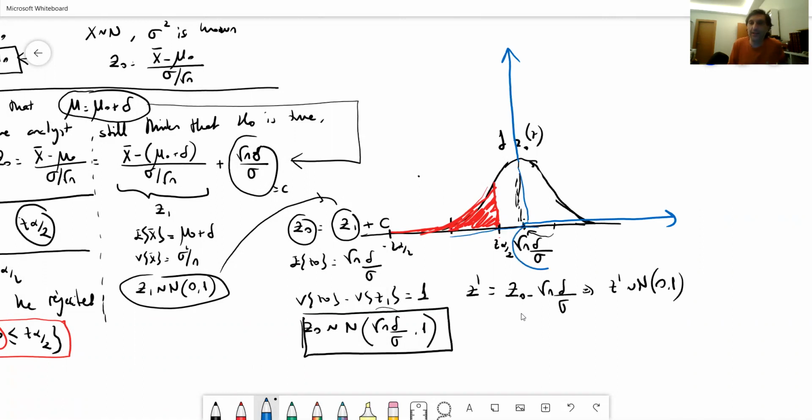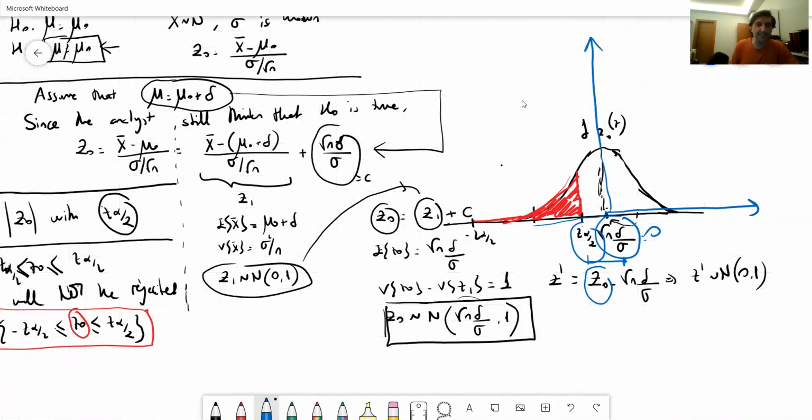So this point is going to be 0. What about this point? This point is going to be the difference between the two with a minus sign. So basically what we simply do is, instead of Z0, we are going to be putting these values here: Z alpha over 2 and minus Z alpha over 2. So for Z prime, we can write this probability as being equal to: minus Z alpha over 2 minus square root of n delta over sigma is smaller than or equal to Z0, I'm sorry, Z prime,